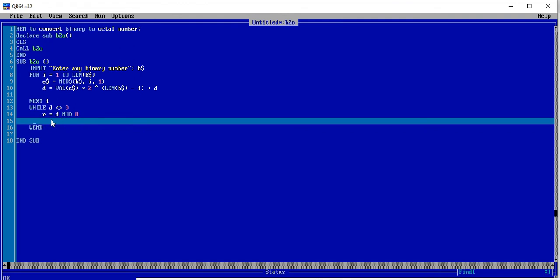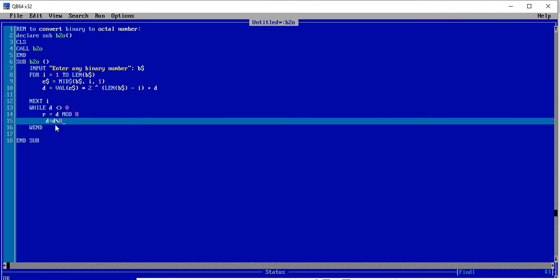Okay, and for getting the remainder we just do the modular division, and after getting the remainder we have to get the quotient also. The quotient for the D will become D integer division of 8.